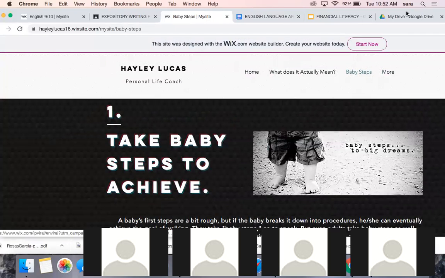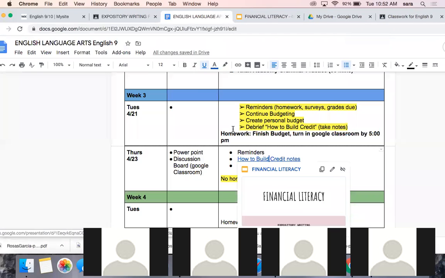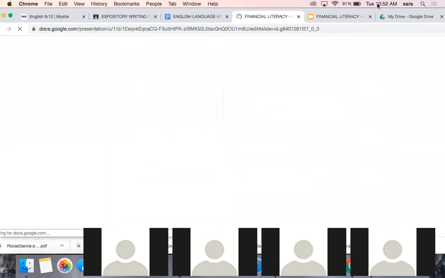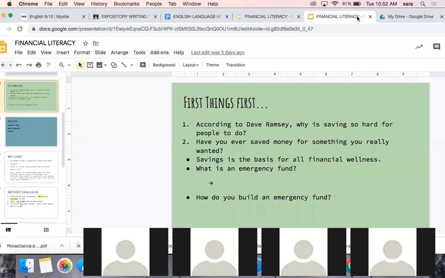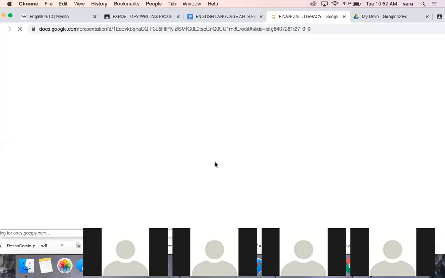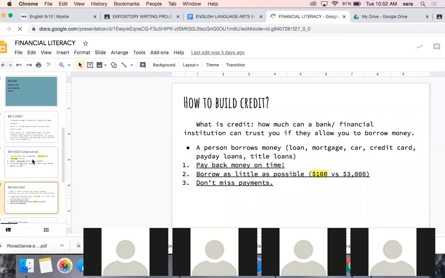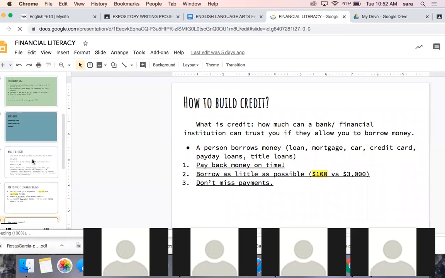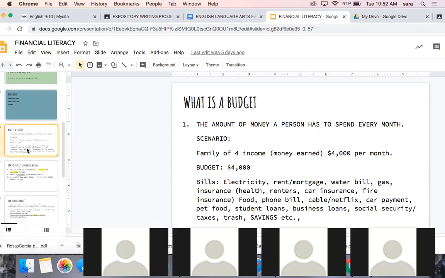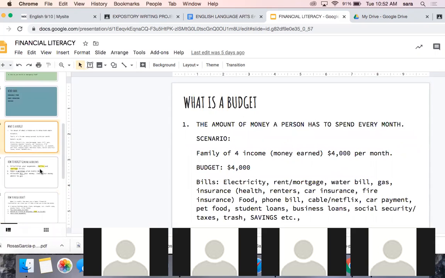Anyway, I wanted to show you that because that's what you're going to be doing when we are done with our financial literacy unit. You're not going to do an essay, yay. You are going to do a project instead. I'm giving you the stuff you need to build your project, which is why it's really important. They read the same readings that you are doing, so it's really important that you are reading, okay?